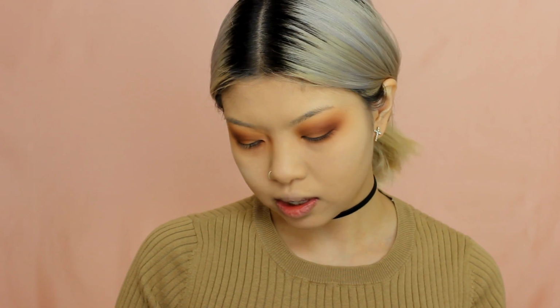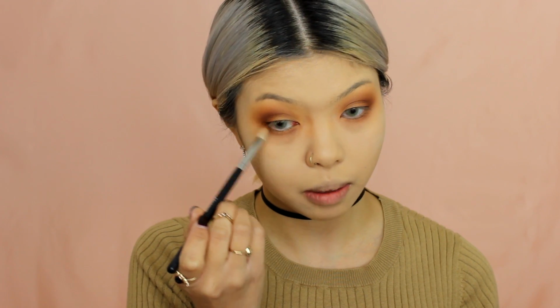I did mention that it is a much softer look, so you can definitely skip this part, but I just want to put it in the outer corner to connect that V and make the eye a little bit more smoky. Now the fun part, this is actually what made the look for me,